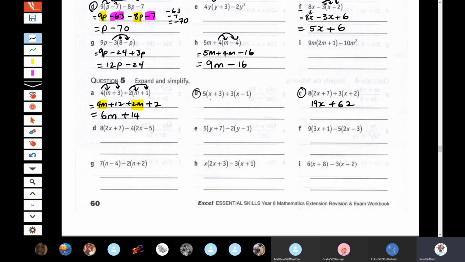And this one here, we said 5 times x is 5x plus 5 times 3 is 15. 3 times x is 3x. 3 times -1 is -3. Finish it off. 5, 3, 8. 15 take away